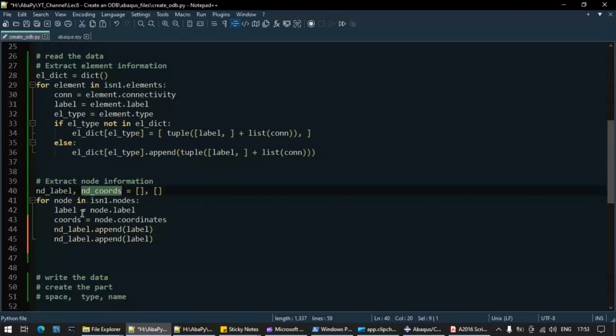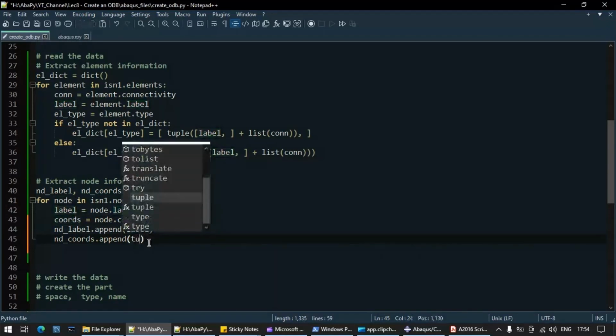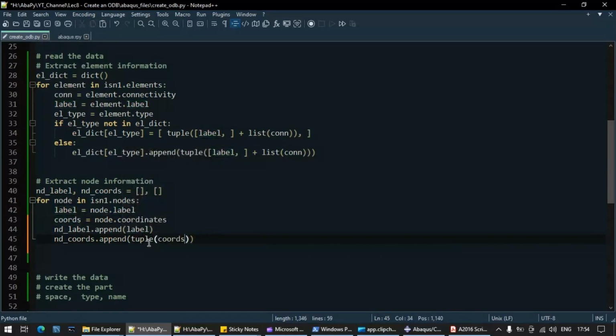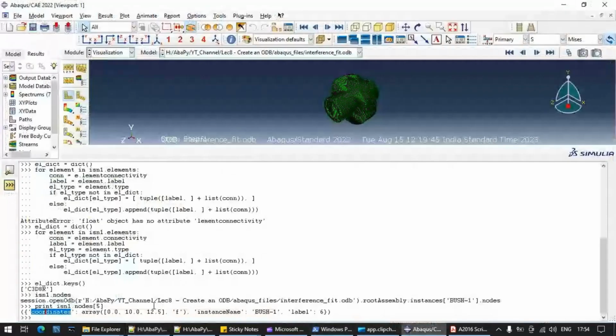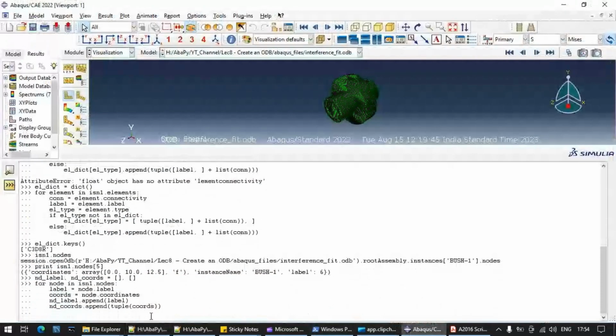Then in the ND coords, let's add these coords, that is the coordinates, and again convert this to a tuple, because Abaqus always takes the information in tuple form. Then again try to run this code just to check whether it is running correctly or not.